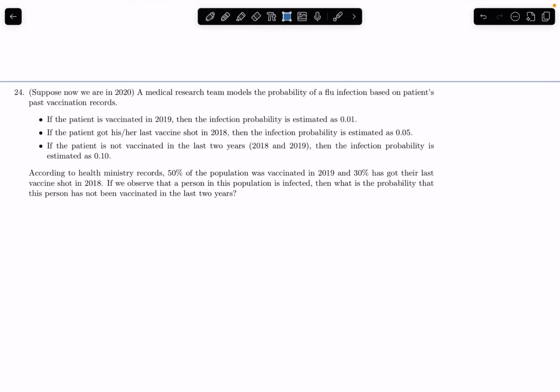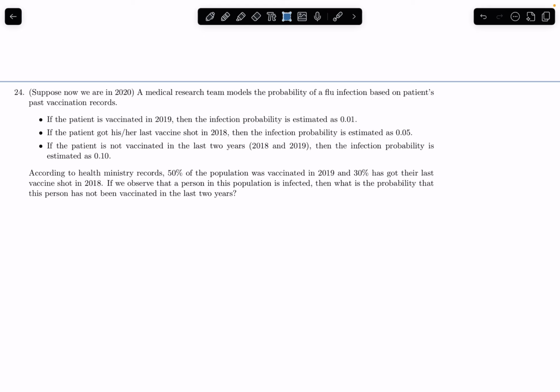Question number 24. Suppose now we are in 2020. A medical research team models the probability of flu infection based on patients' past vaccination records. If the patient is vaccinated in 2019, then the infection probability is estimated as 1%. If the patient got its last vaccine shot in 2018, then the infection probability is estimated as 5%. If the patient is not vaccinated in the last 2 years, like 2018 and 2019, then the infection probability is